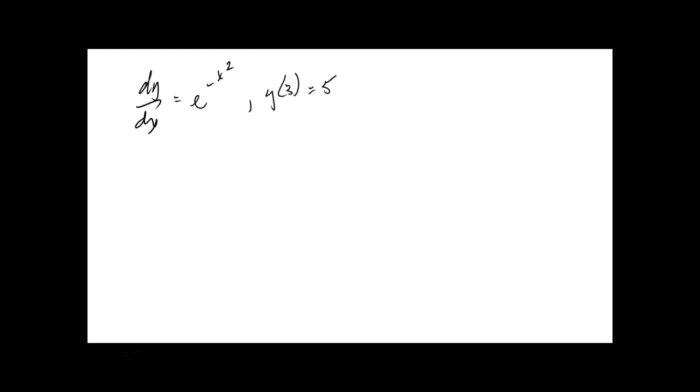Write it in differential form, meaning you keep the dy by itself on this side and put all the things with x's on the other side, e to the minus x squared dx. What our typical rule after that would be then to integrate both sides, right? Left-hand side, even I can do. That's just going to be y. Okay? Right-hand side,